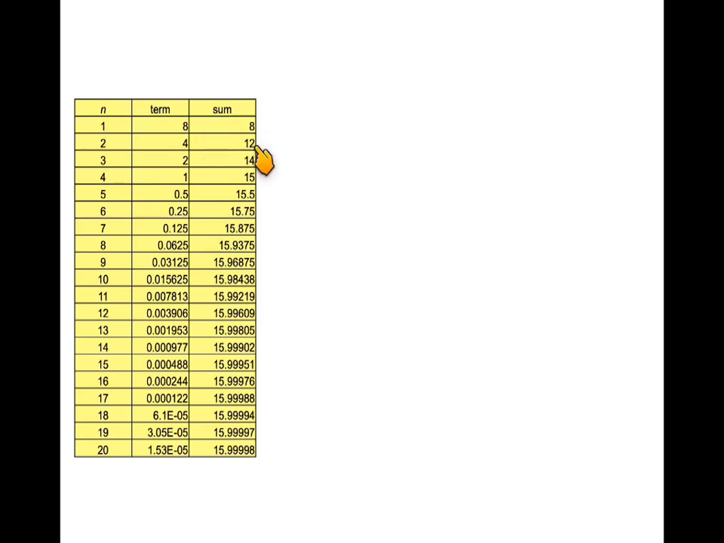Next one will be 12 because it's 8 plus 4. The next one will be 14 because it's 8 plus 4 plus 2. And then the next one will be 15. And then what we notice is that as we go down here, the sum is approaching 16, which is what